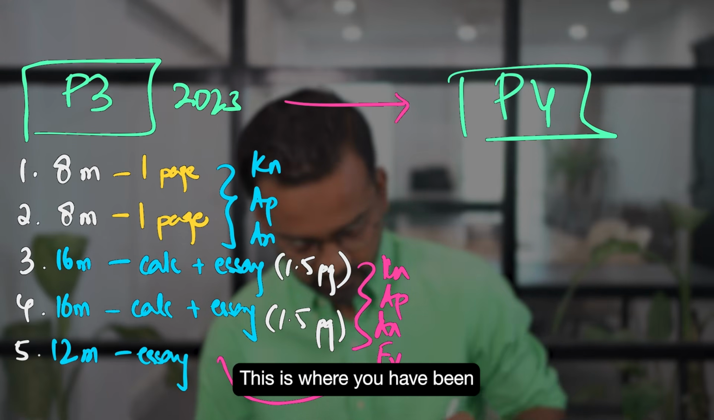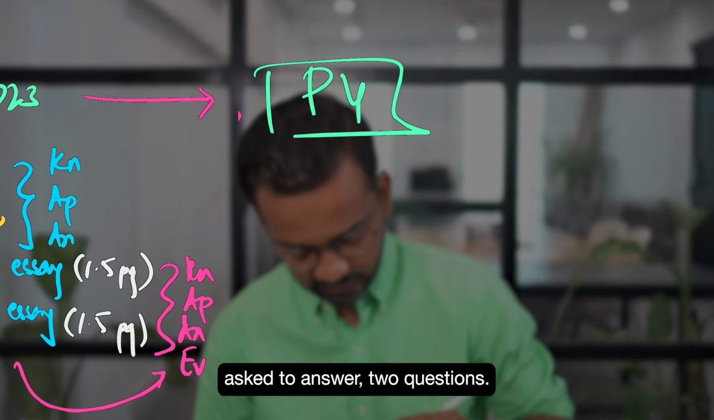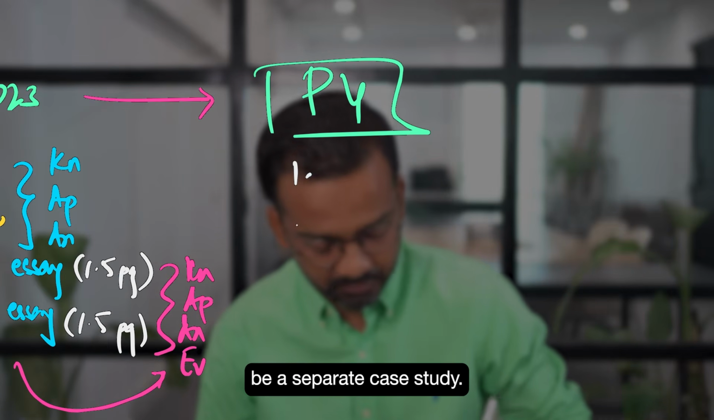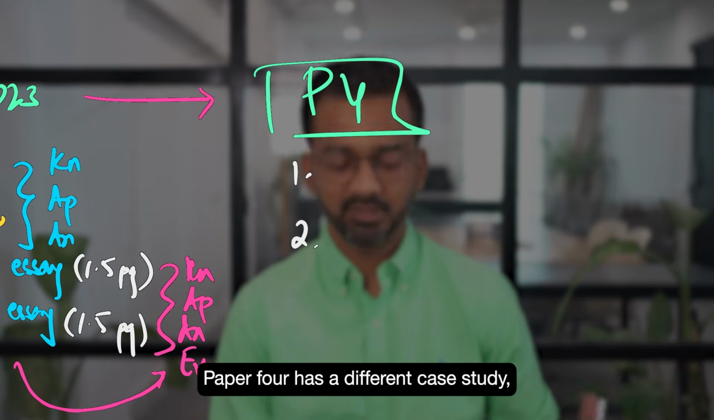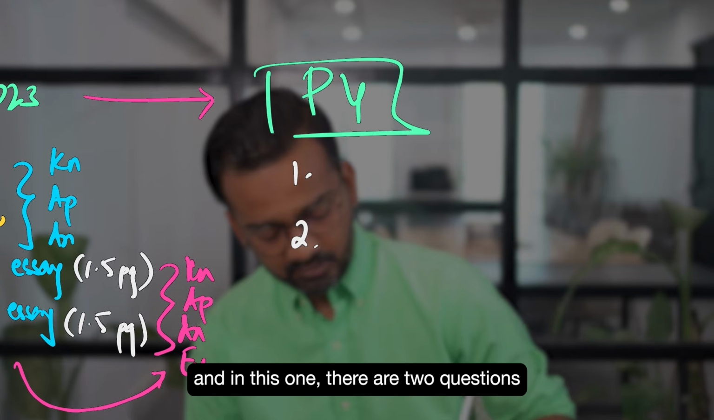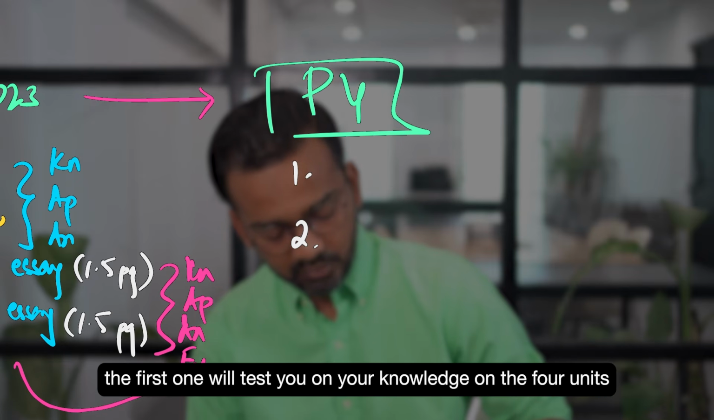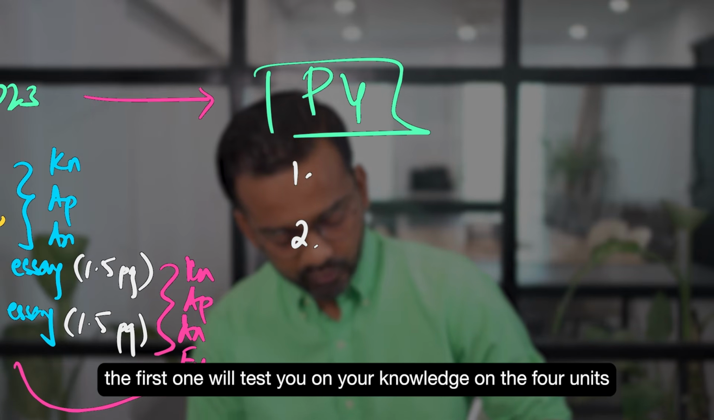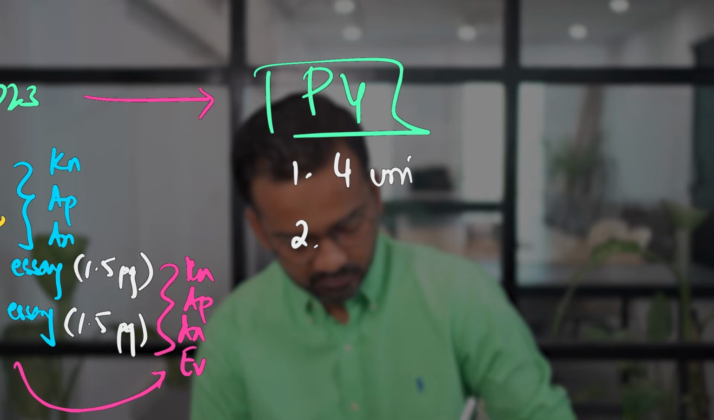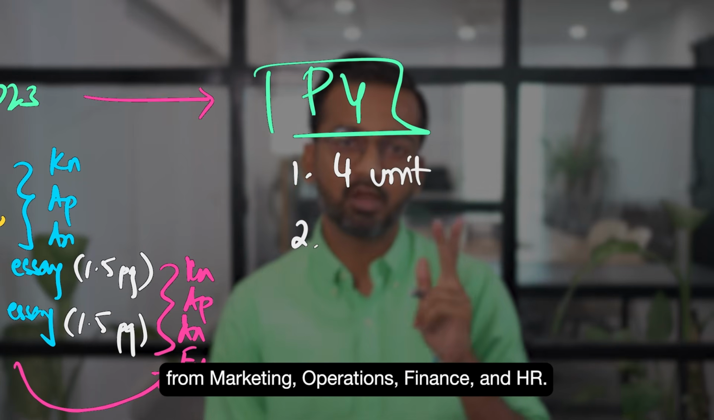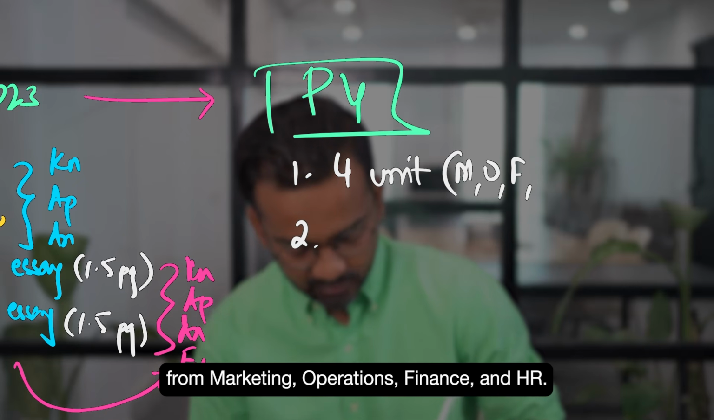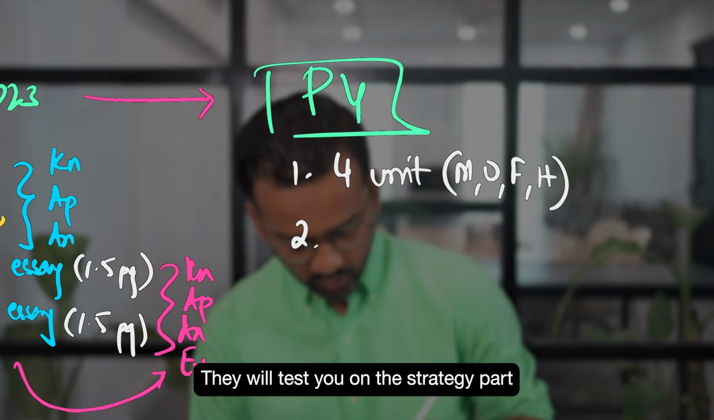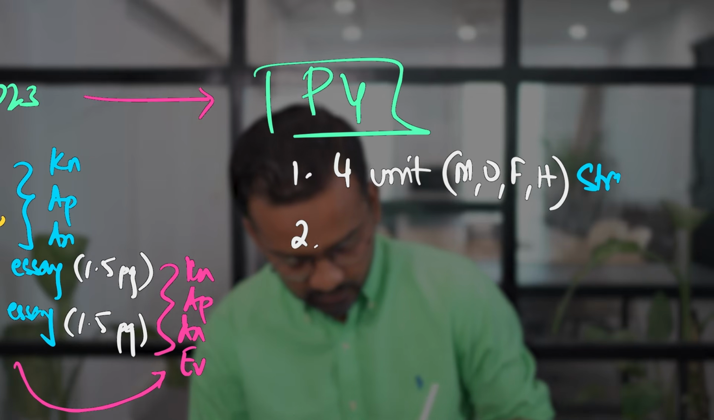This is where you will be asked to answer 2 questions. And for this one, there will be a separate case study, of course. Paper 3 has a different case study, paper 4 has a different case study. And in this one, the 2 questions, the first one will test you on your knowledge on the 4 units from marketing, operations, finance, and HR. They will test you on the strategy part